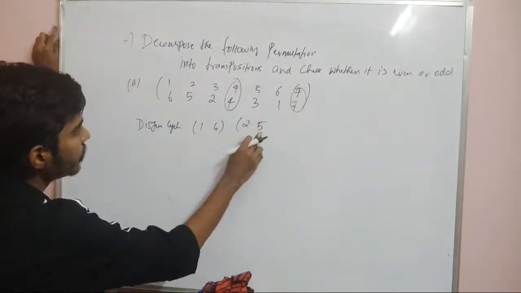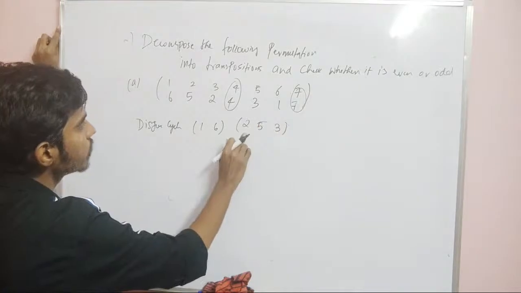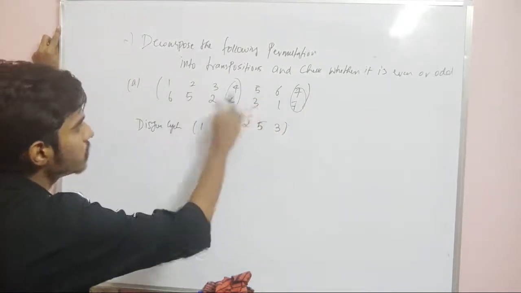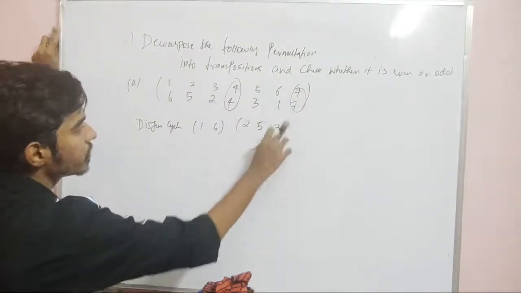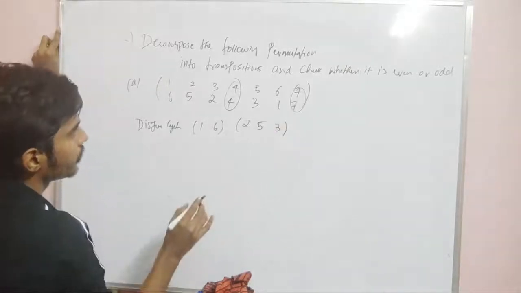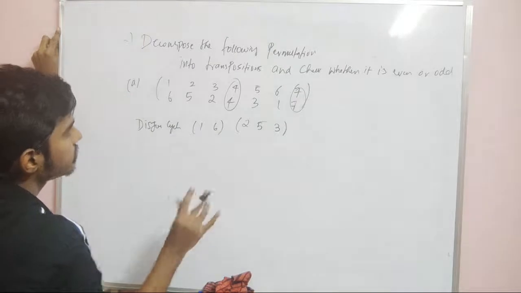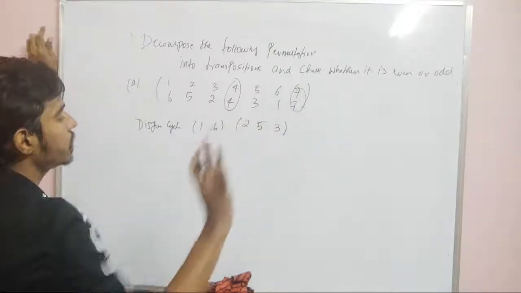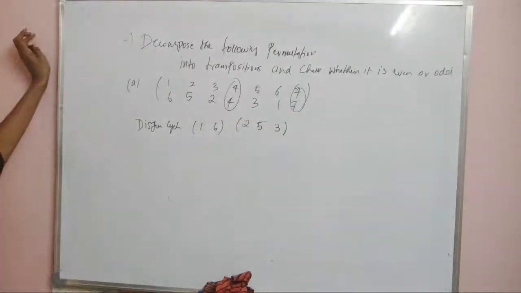2 goes to 5, 5 goes to 3, 3 goes to 2 again. So that means we need to close that. We have 2, so we need to close, strike out and close that, and that's it, right? So 4 and 7 we should not write because that is fixed. So this is the